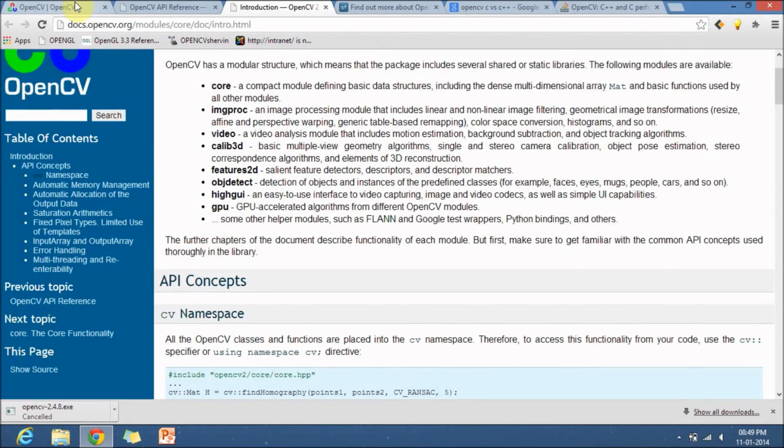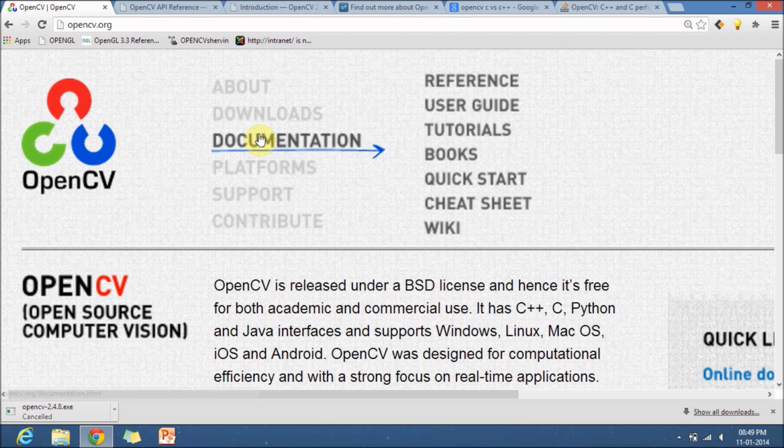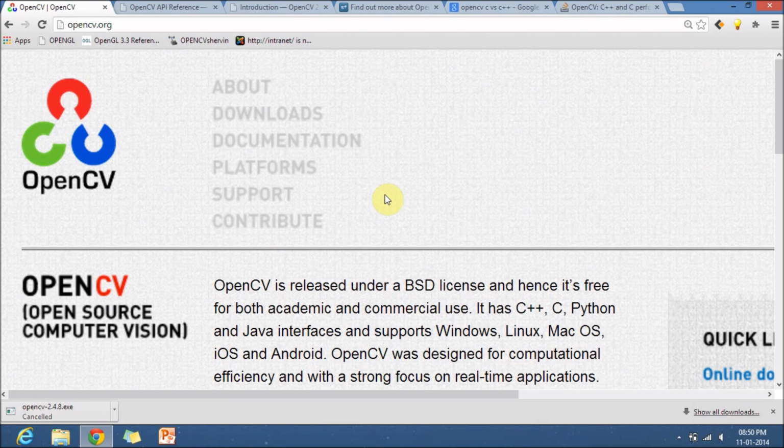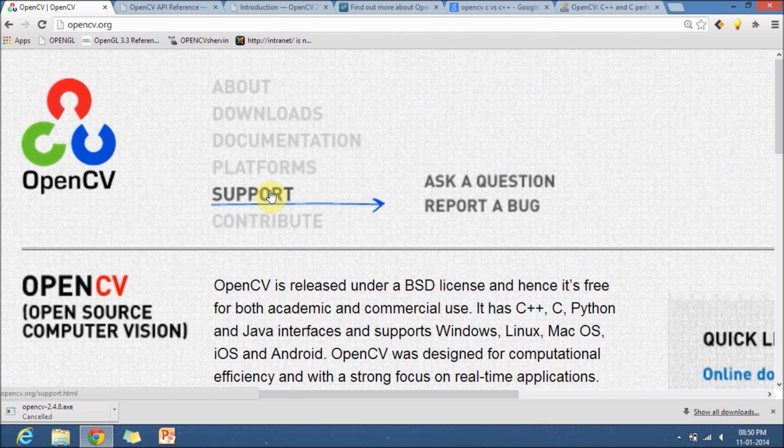So let's come back to opencv.org. Here you have tutorials, where a few people have uploaded tutorials on certain OpenCV programs, so you can learn from this tab. There is also a quick start and cheat sheets, so you can explore this website, which gives more intro to OpenCV, and even ask questions.